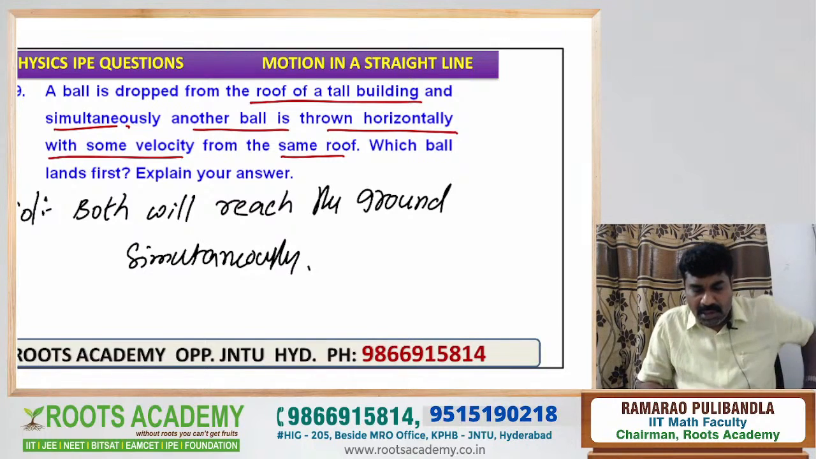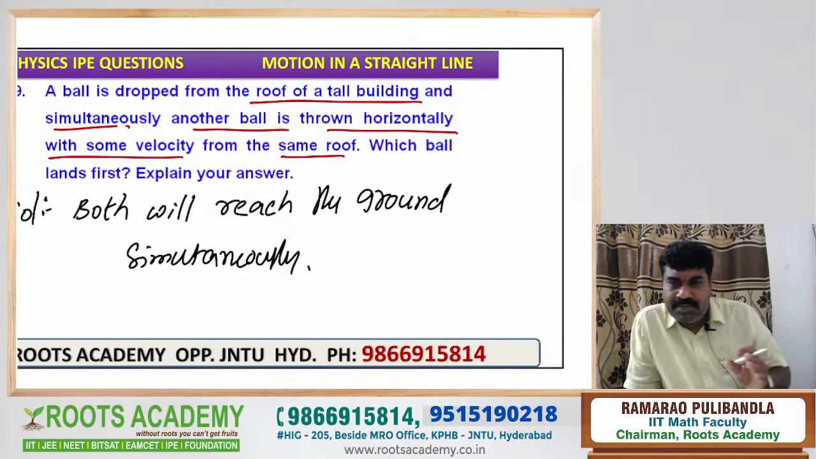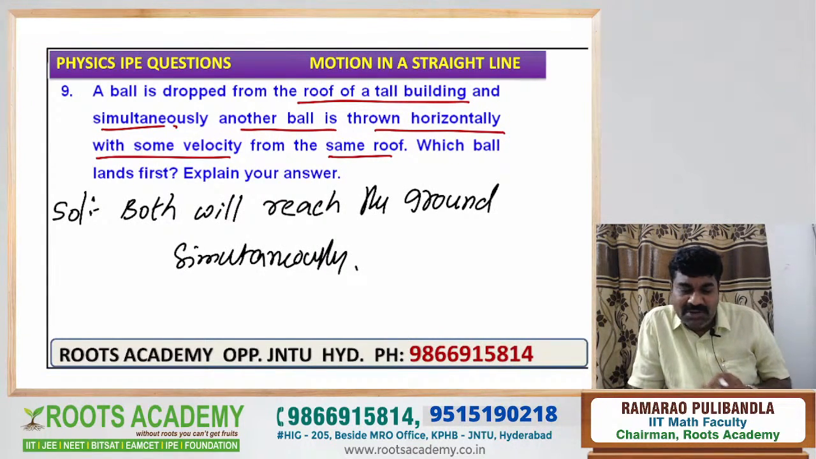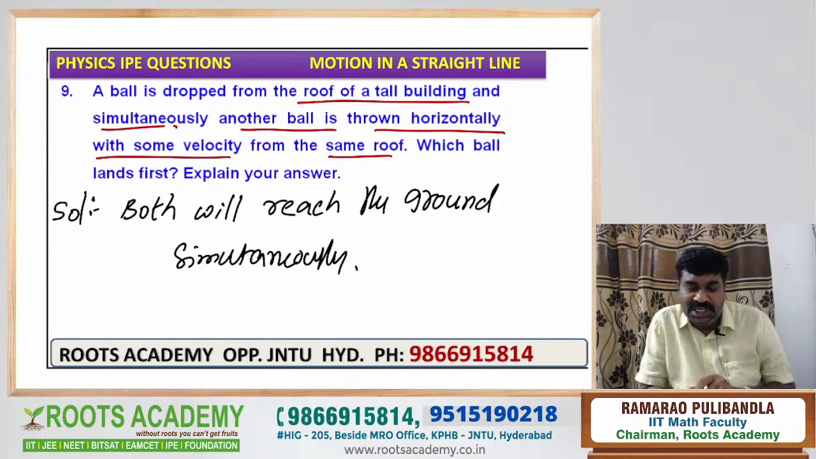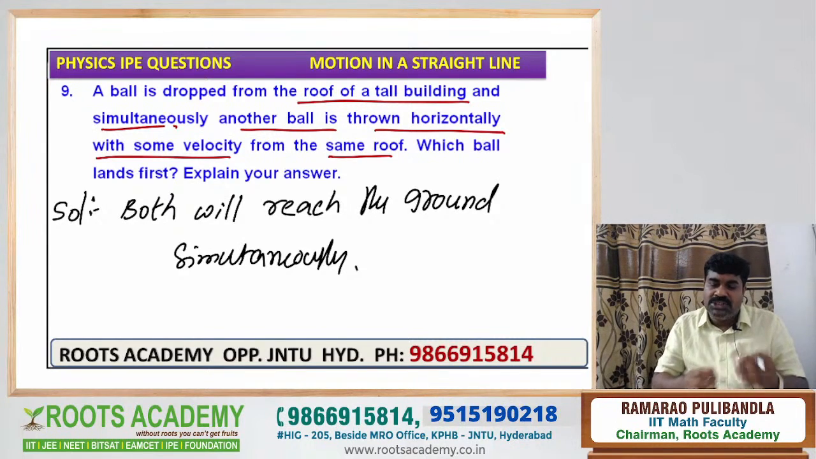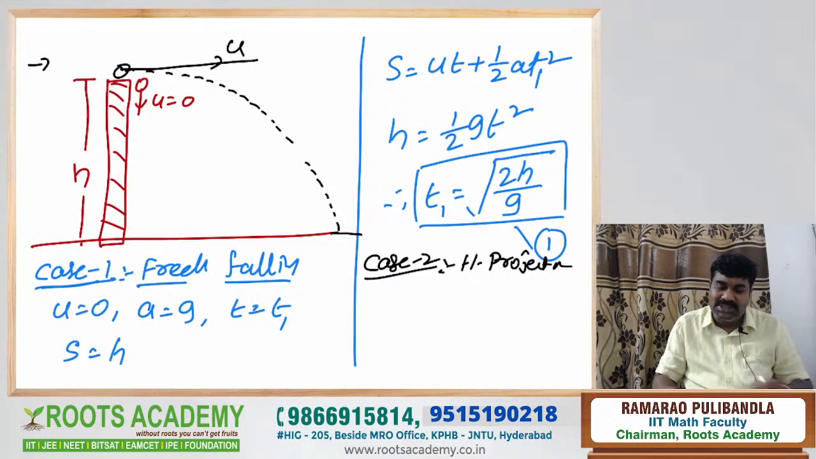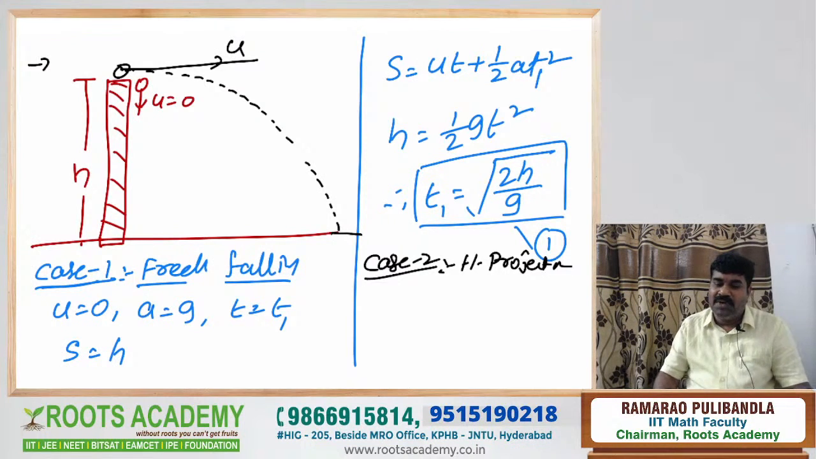Okay. Dear students, now the board is clear. Here a ball is dropped from the roof of a tall building. Simultaneously, another ball is thrown horizontally with some velocity from the same roof. Which ball lands first? Explain your answer. Both will reach the ground simultaneously, because if it is dropped, the time is